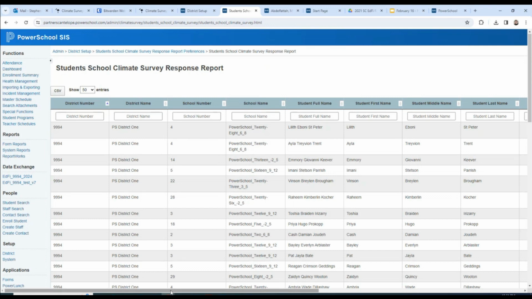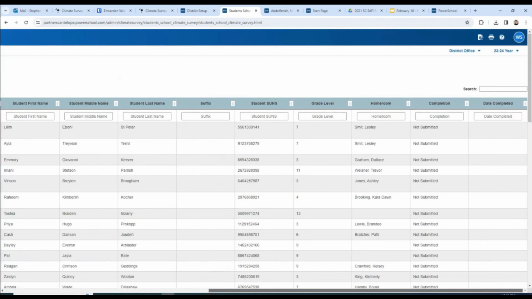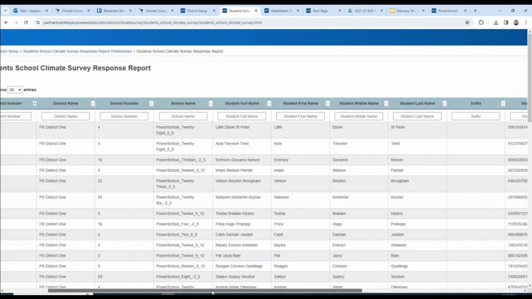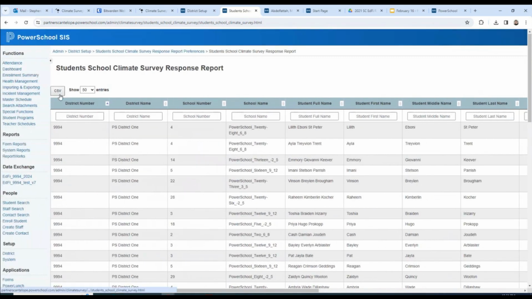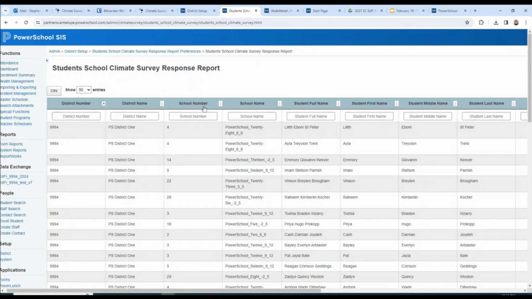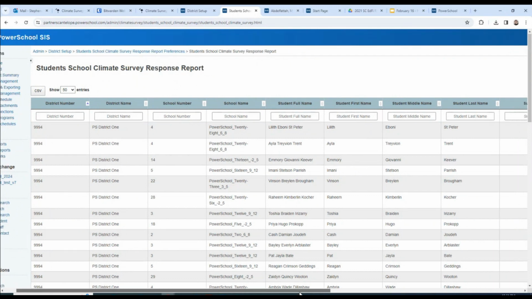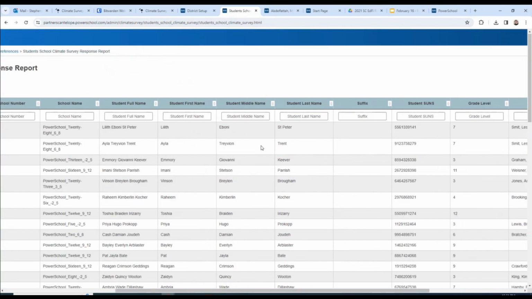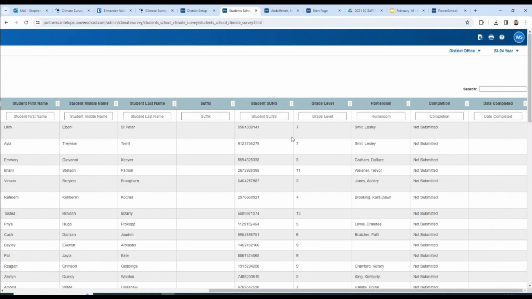So you've got some things. Some of this may seem a little redundant to you, but when you can export a CSV of this, we just wanted you to have all the information that you need right there. So you can either filter here or export and play with it from there. So there's your district number, district name, school number, school name, the student full name. We have this in several different ways in case it's easier one way or another. It's the full name, first, middle, last, suffix. So you could filter on those too. Grade levels, so you could filter that way.